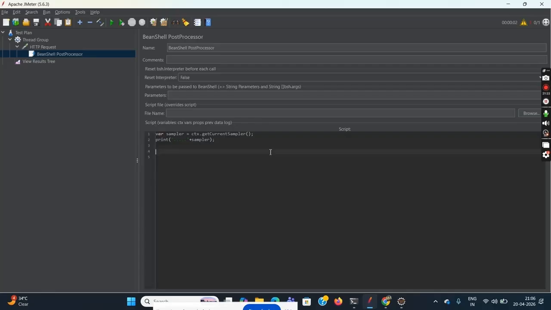Okay, but here I'm not writing string or int. I'm using var, var is a simple variable of any type. If I write var x is equal to 21, for example, like this,